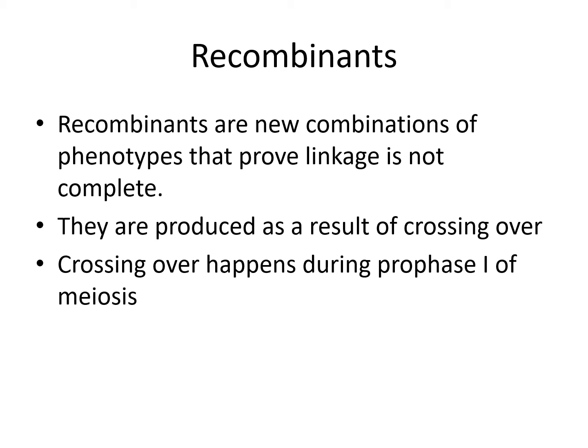When you get crossing over, you get what are called recombinants. And recombinants are where the normal combinations of the alleles and genes on the chromosome are fixed, but if they swap over and you produce gametes that you wouldn't normally find, that's a result of a recombinant and only occurs as a result of crossing over